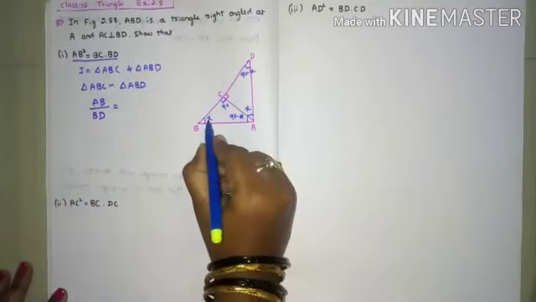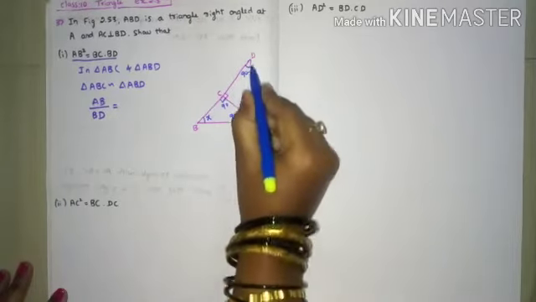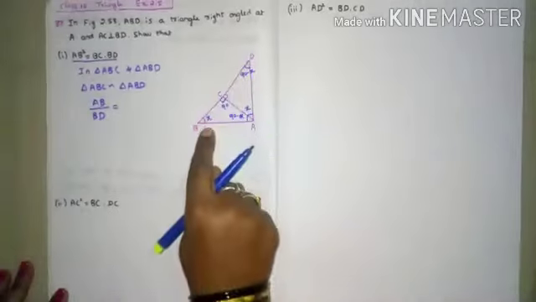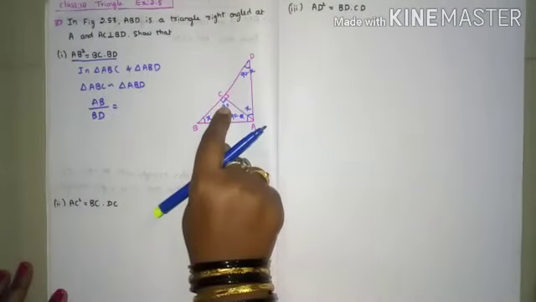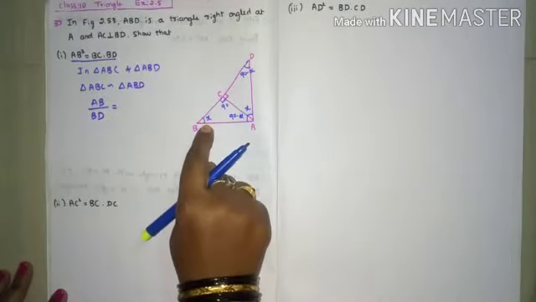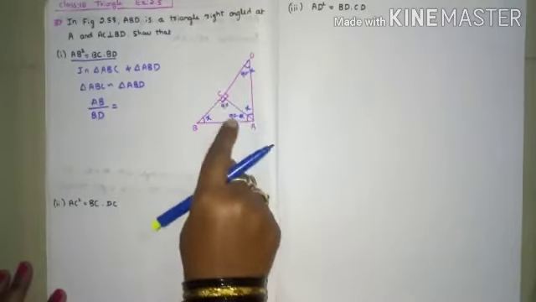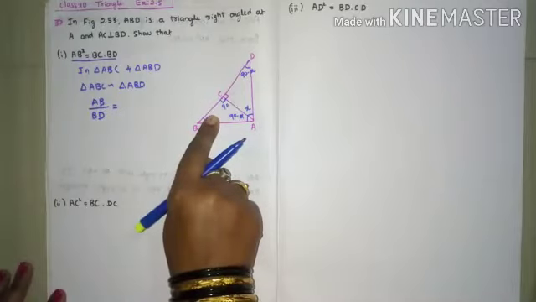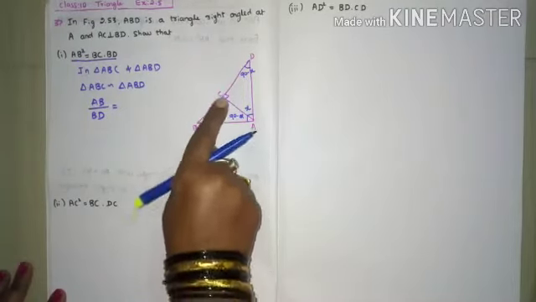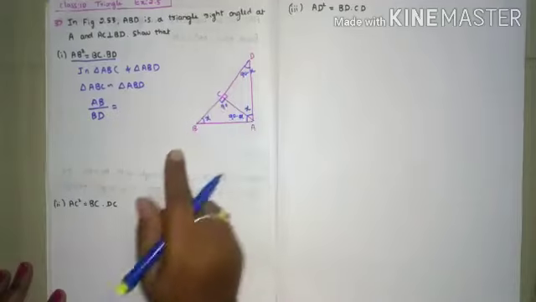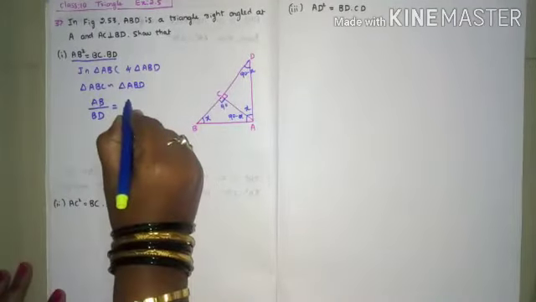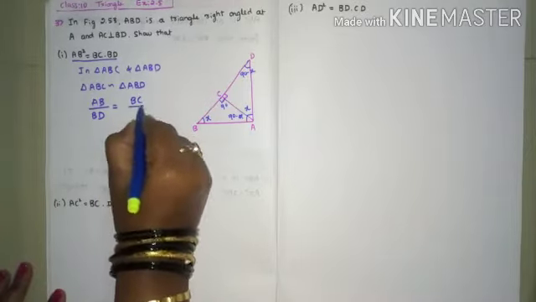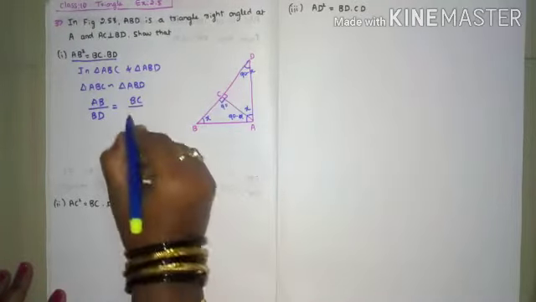Now in triangle ABC and DAB, this B is common angle for both the triangles. So don't consider this. 90 degree we already considered. Don't consider this common angle. Then remaining angle in the ABC is 90 minus X. 90 minus X opposite, in this triangle, is CB. So CB or BC we can write it. BC divided by, here 90 minus X is AB.